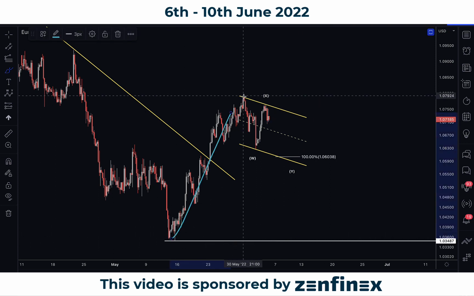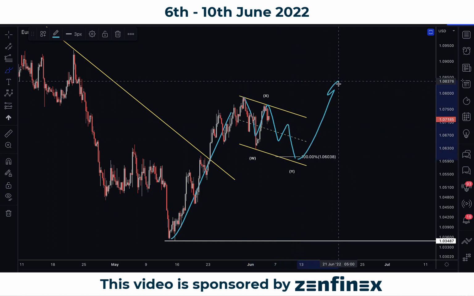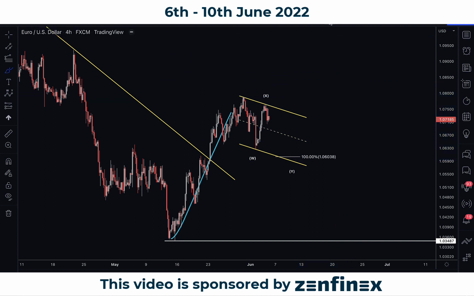We have this strong push. This seems to be developing a corrective structure over here, and if that's the case, there's a high chance we will see some reaction from there to the upside. Okay, so euro dollar here for me, I'll be looking for more of a buy opportunity. However, within a week, you might have a short-term sell opportunity.